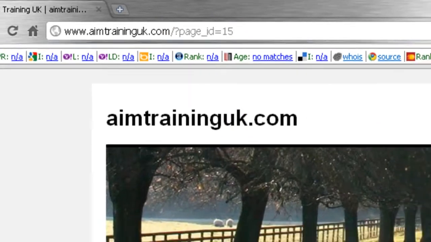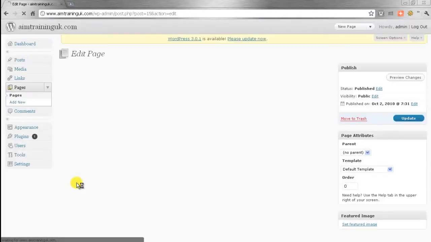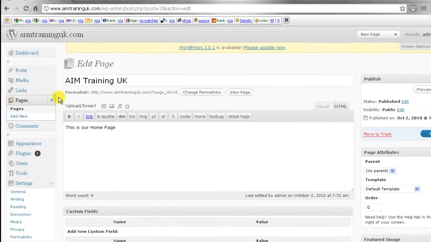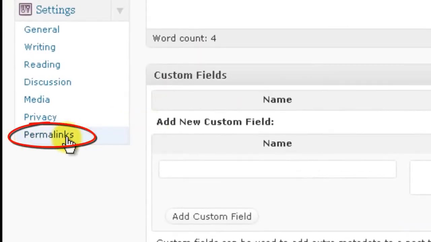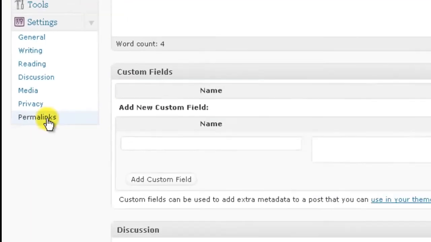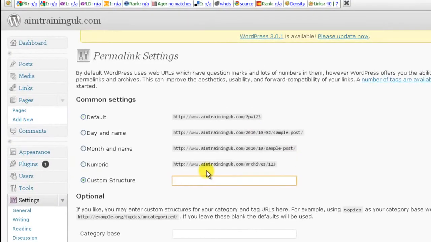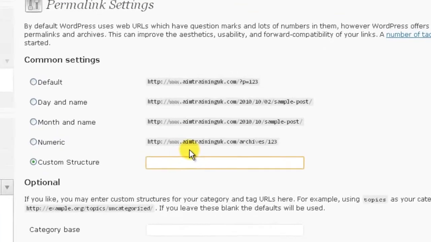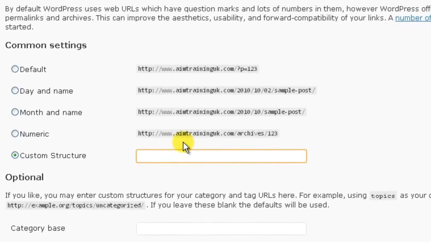So let's go back into the administration section of WordPress, and we're going to go down to permalinks. And what we're going to type into here, we're going to do it as a custom structure. We're not going to use what they use as any sort of default structure. You should do this every single time, so let's put a custom structure in, and what we're going to type in here is